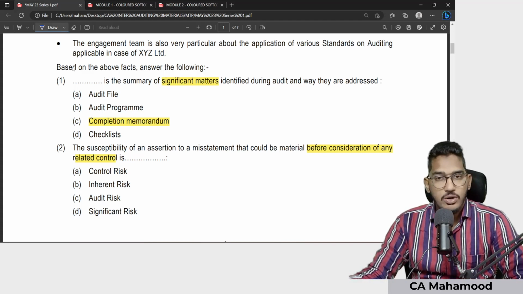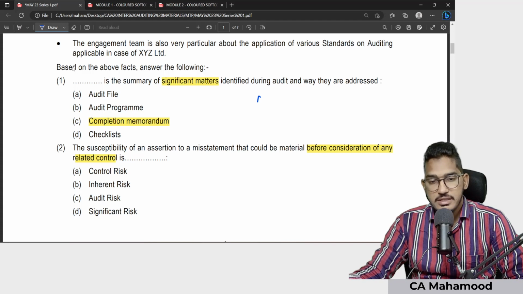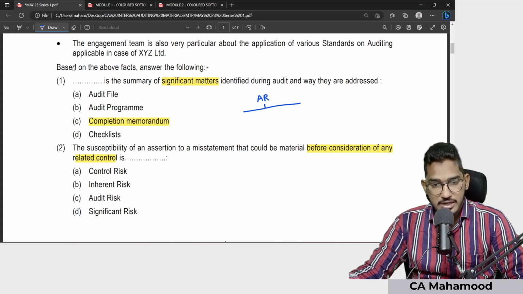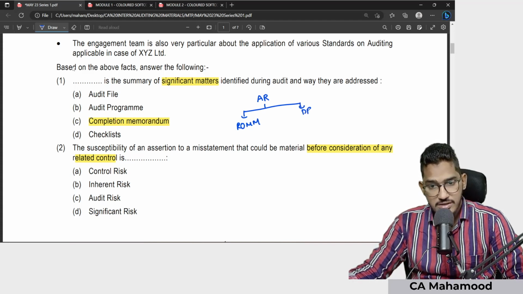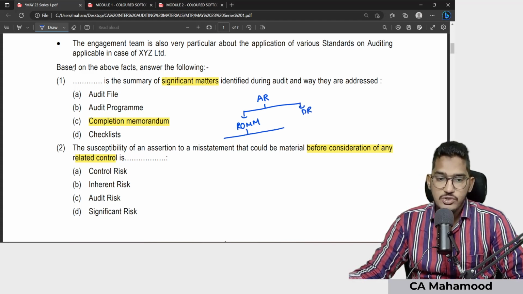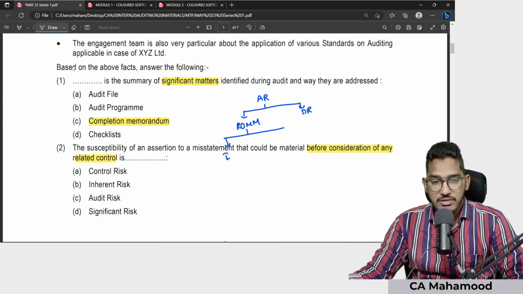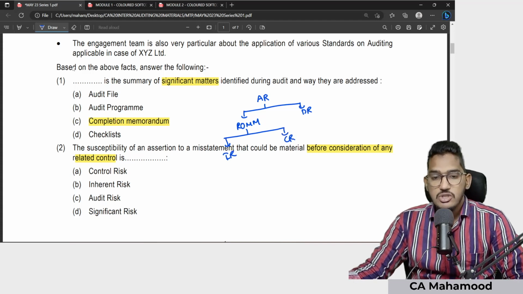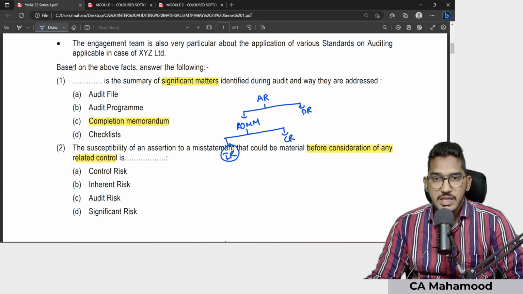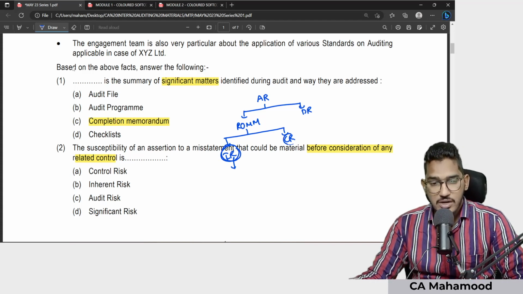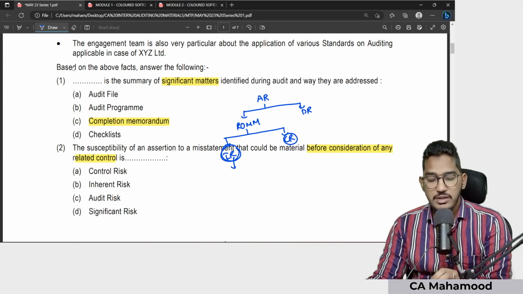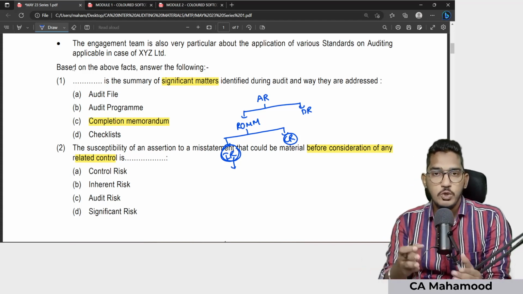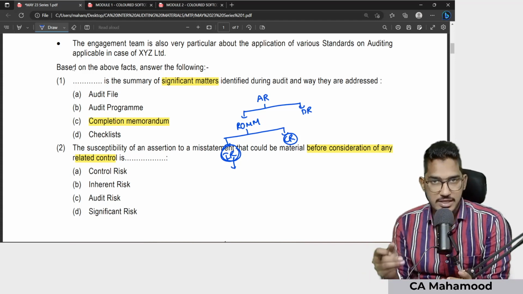See, if you remember in the audit risk assessment and internal control, we discussed the concept of audit risk. Audit risk contains two components. One is risk of material misstatement and the other one is detection risk. And the risk of material misstatement further contains two more components. One is inherent risk and the other one is control risk. So what is inherent risk? The risk that a misstatement could happen because there are no internal control or before considering internal control. That risk we call it as inherent risk. Whereas control risk means controls are there implemented in the organization, but those controls were unable to prevent, detect or correct a misstatement. That we call it as a control risk.